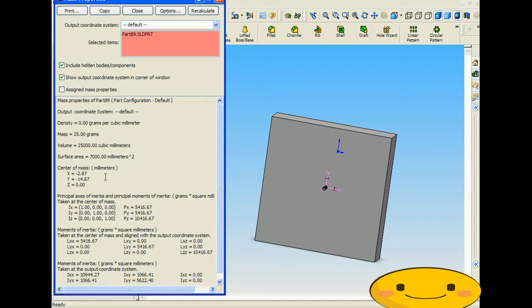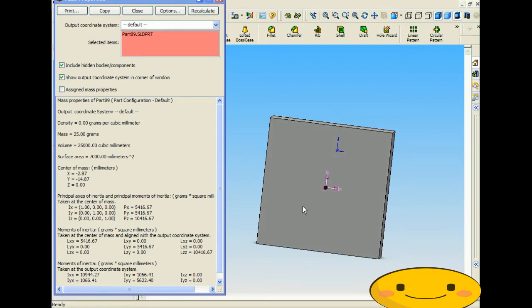So our X value is negative 2.87, our Y value is negative 14.87, and our Z value is 0, just like I said, that's how it should be. So if we look at the object, where the purple coordinate system or axis is the center, and the blue is where our origin, where we want it to be. So what we want to do is move this whole sketch